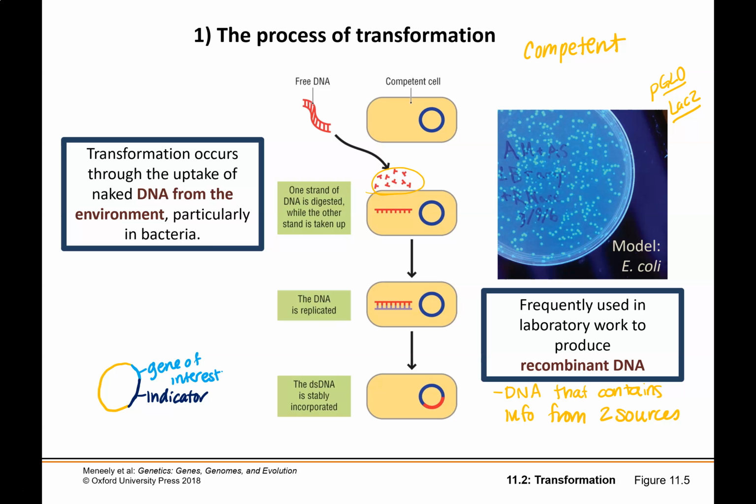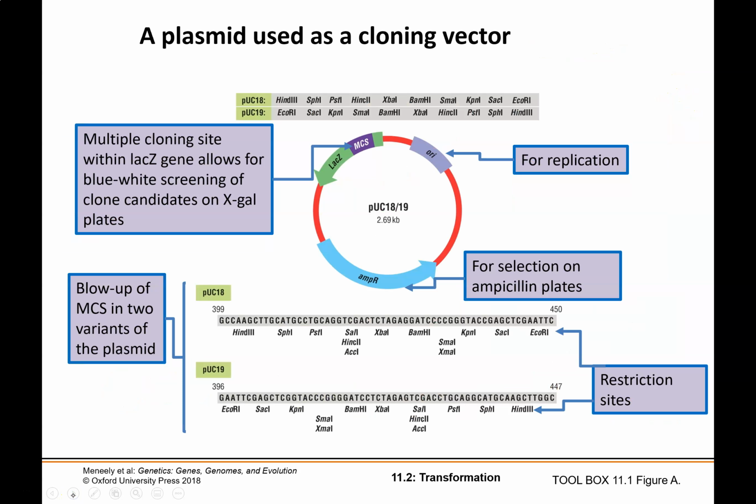But in a natural situation, bacteria can take these pieces of DNA up as well. And this is how we get transfer of genetic material, such as antibiotic resistance in those plasmids. So if we're going to use plasmid for laboratory cloning, essentially laboratory cloning is using a bacterial gene to make copies of the gene of interest.